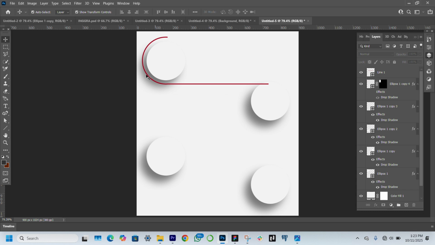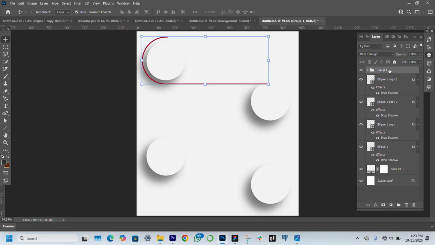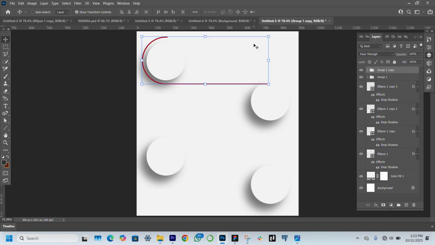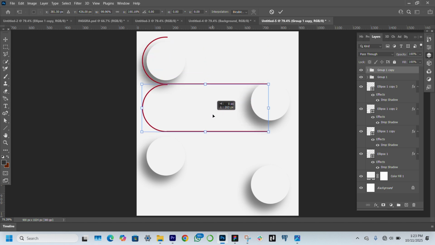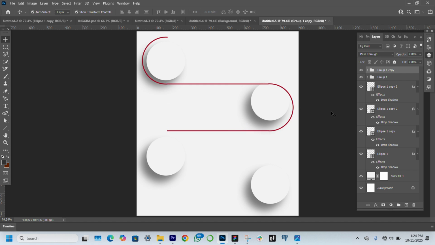The next thing I'm going to do after that, I'm just going to click on these two, this and this, Ctrl G. Okay, click on it and then I'll Ctrl J on it and then Ctrl T. So I'll just drag it down this way. Okay, then I'll right click, I'll flip it this other side and I'm just going to adjust this as well. Okay, so I'll just stop wherever this particular edge meets,